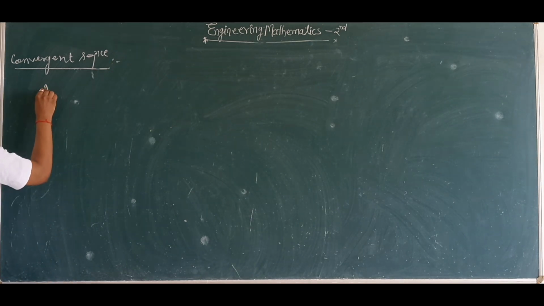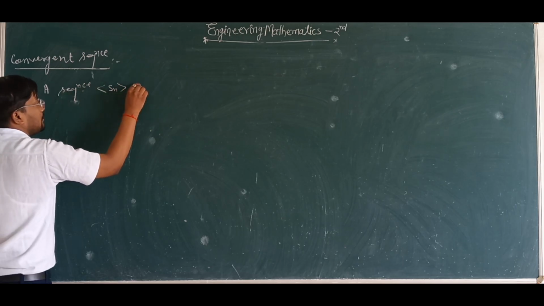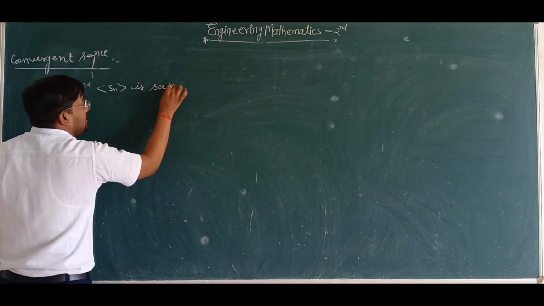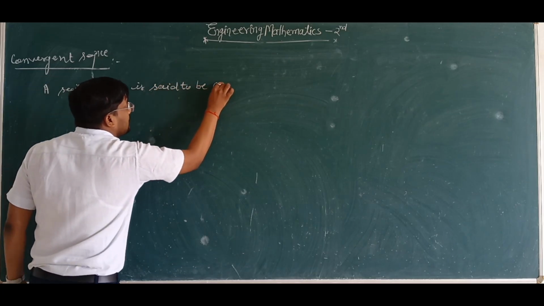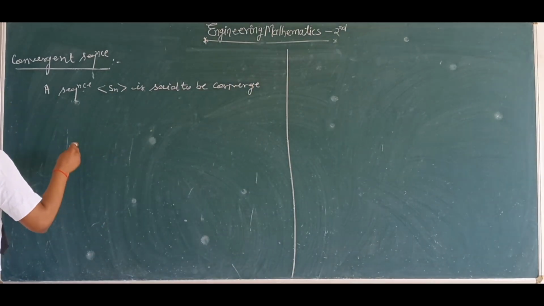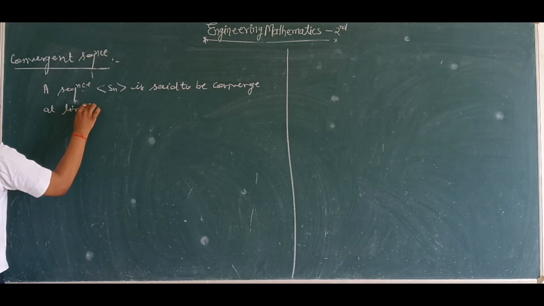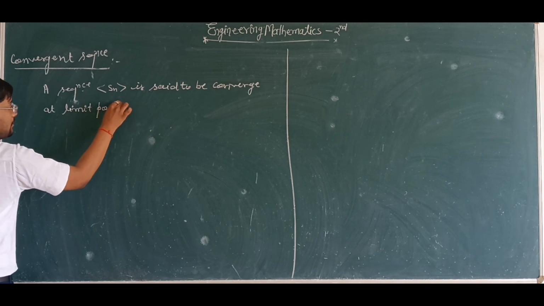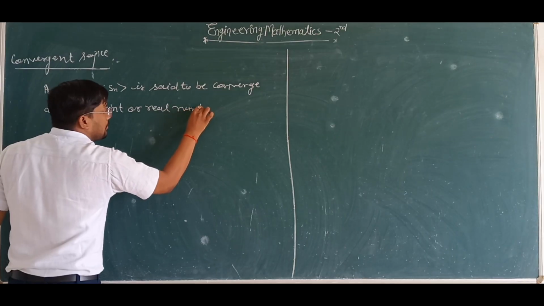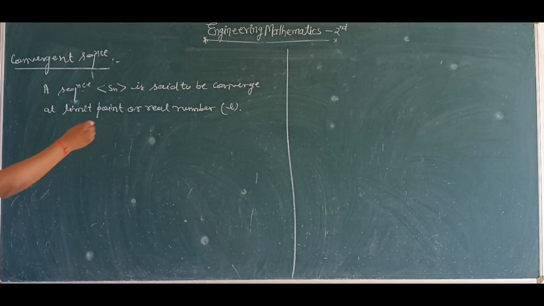You can note down: a sequence Sn is said to converge at a limit point, or a real number L, if there exists a real number M such that